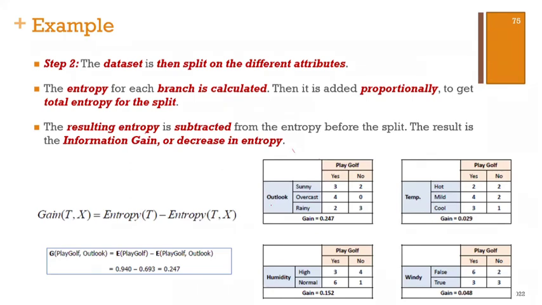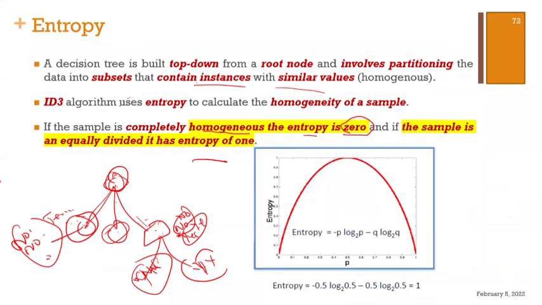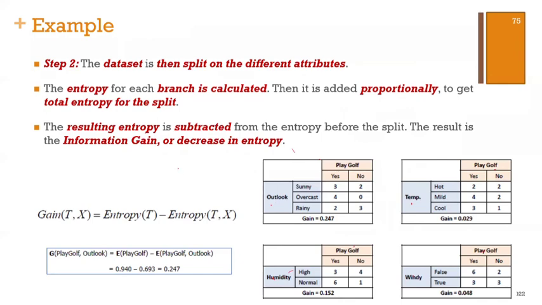Play golf given Outlook, play golf given temperature, play golf given windy, play golf given humidity. So these data, we extracted them from the original data. We're just counting, when you select Outlook and it is rainy, how many yes and how many no? When you select Outlook and it is overcast, how many yes, how many no? Those are the things we considered, and then we summarized them in this table. So for each of the 4 attributes,